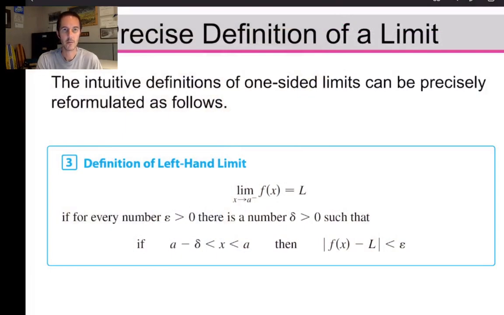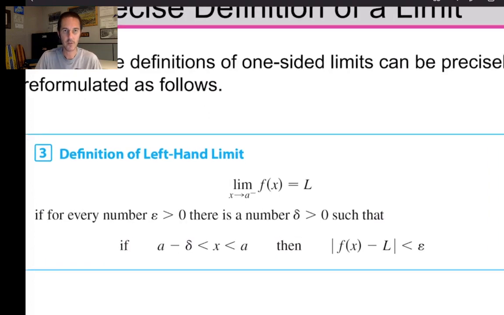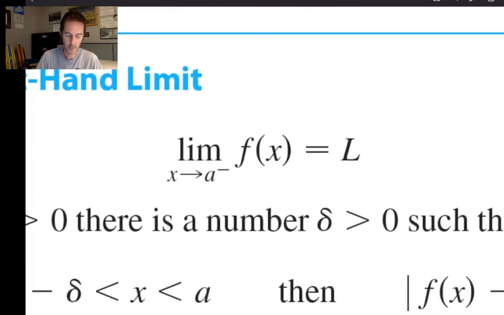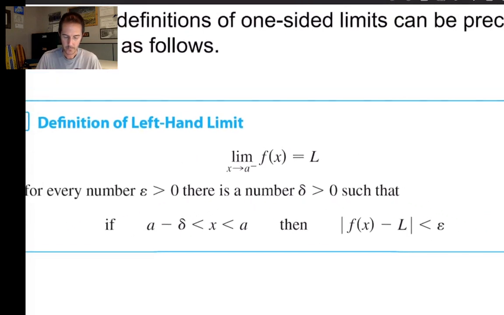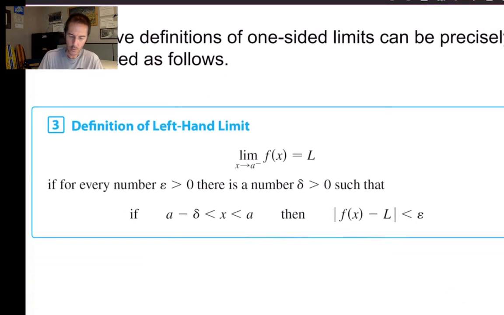There we go. So here's the formal definition of what this author calls a left-hand limit. We're approaching from the left. You can see here that our limit statement says that we're approaching from the left or from the negative side. If I just read this slide, we can say this thing that I've circled, that the limit as x approaches a from the left of f of x is equal to L, if